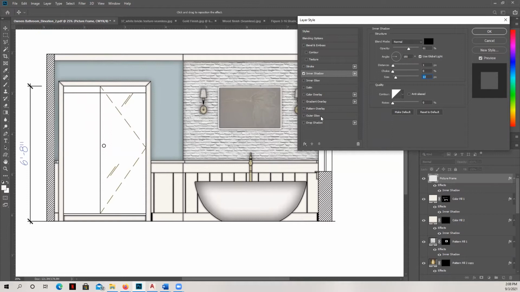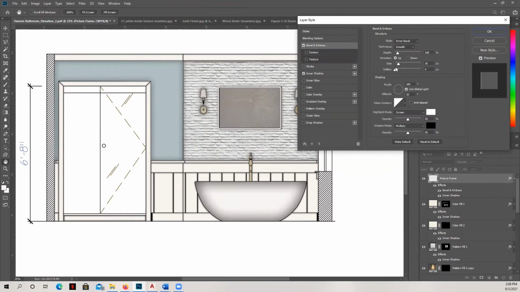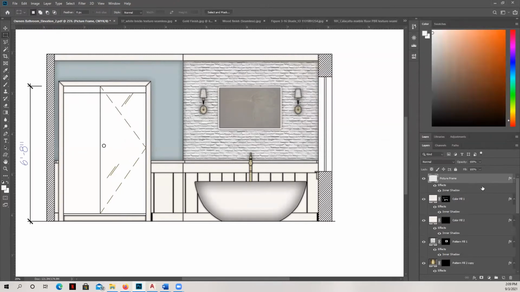And we can give it a little bit more of a bevel to it if we want to show some of the edge part, make it look like it's popping up against the wall. But that can look a little bit fake, so you want to be really, really careful when you create that bevel. You can start to play with these elements and tell it exactly what angle you want. But for right now, I'm not going to bevel anything. I'm just going to leave it as that plain white picture frame. And I'm going to hit OK.